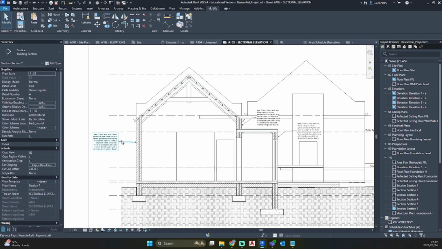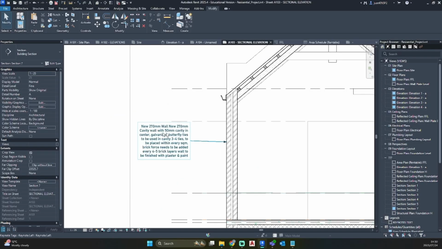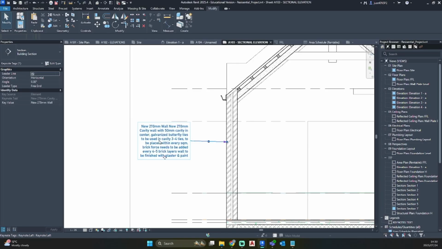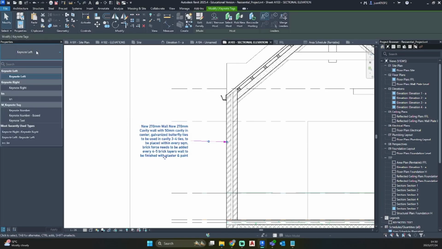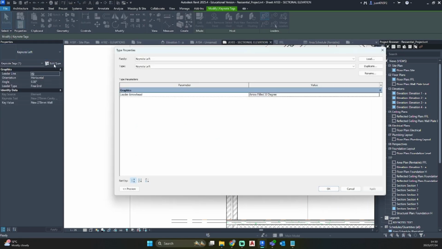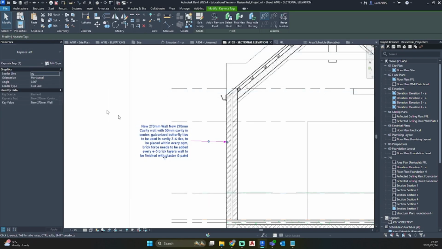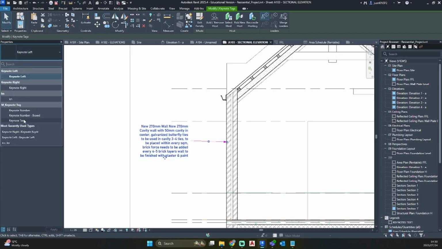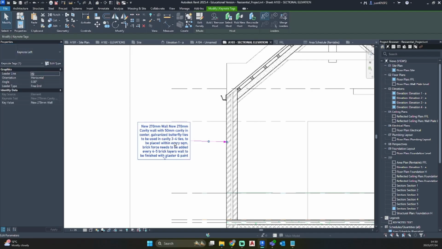So what the key value does is if you click on your key tag, it would allow you to create only a keynote value for your tag and not only show the description.